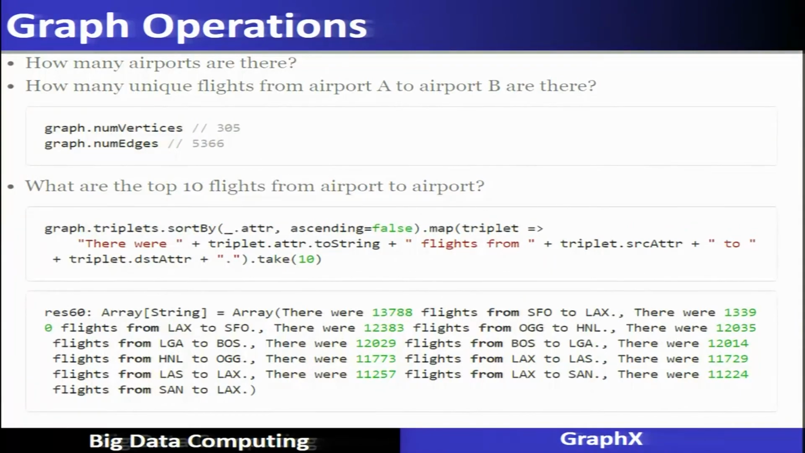Similarly, if we want to find out how many airports there are, airports are represented as vertices, so we run graph dot number of vertices. We can find out that the number of vertices is 305. Similarly, how many unique flights from airport A to B are there? We have to find the number of edges here. And if you want to find the top 10 flights from airport to airport, we can find it using the graph triplets, and we can sort